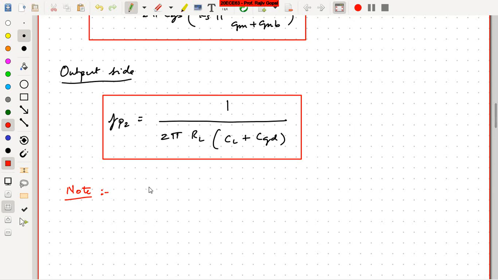Remember, the response we get is a low pass filter, so the lower the frequency, the more dominant that pole is. So generally speaking, what happens is FP2 value is less than FP1, which makes